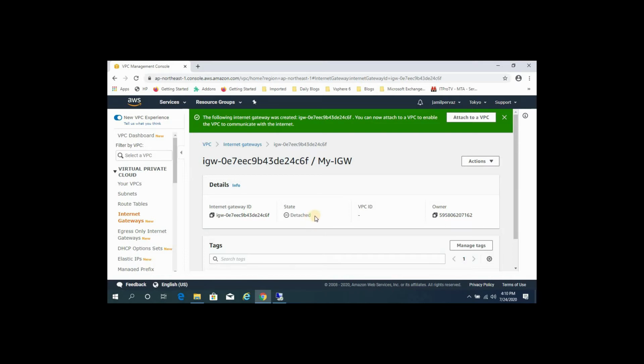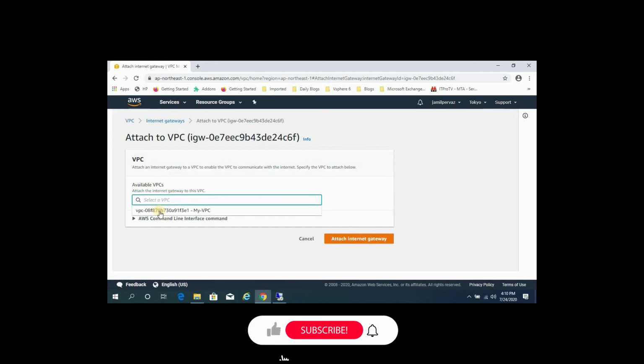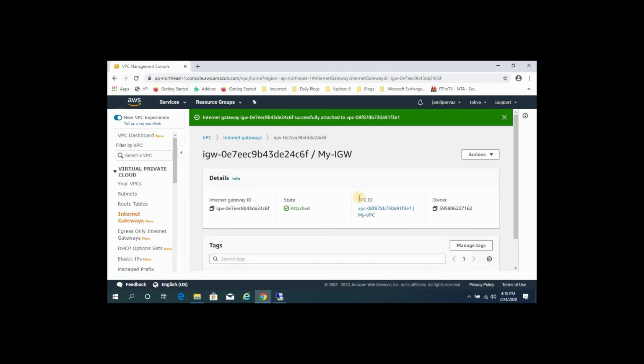Our internet gateway is created, but it's in a detached state, so we need to attach it to our VPC. Select Attach to VPC, either from the menu or directly. Under Available VPC, select your VPC and click Attach internet gateway. Now it's in an attached state.